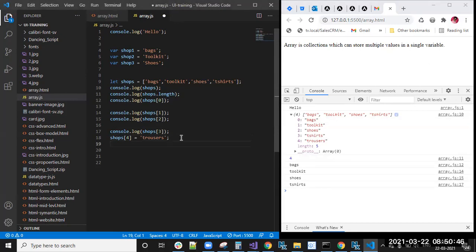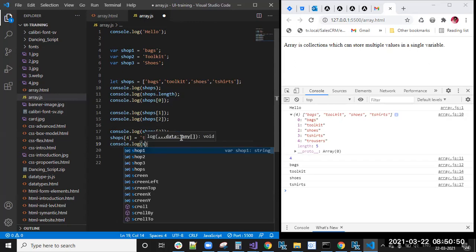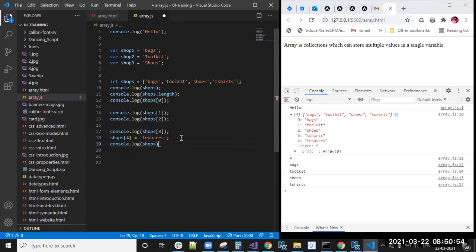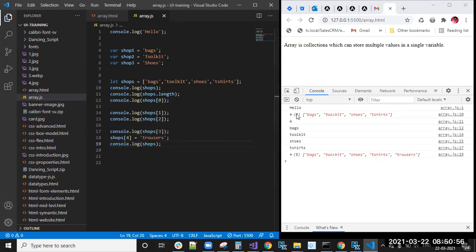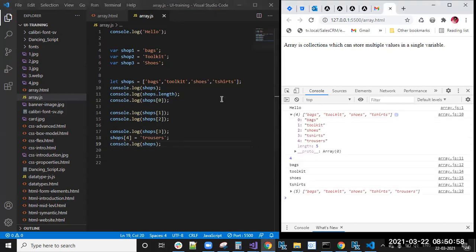And here you can write console.log. Initially I have given the shops, right? So the original array is bags, toolkit, shoes, and t-shirts.